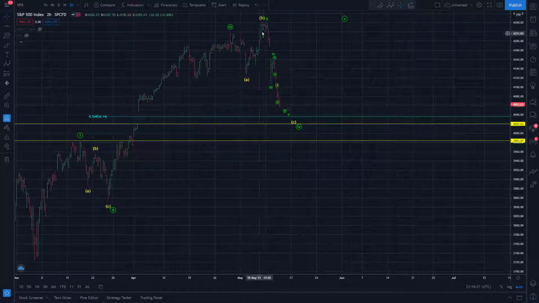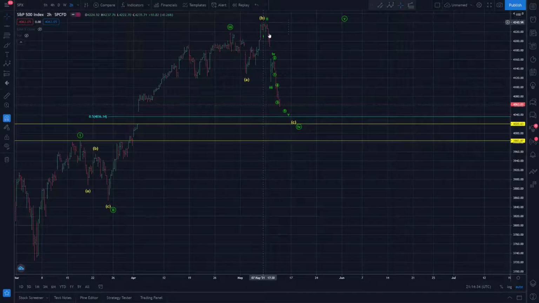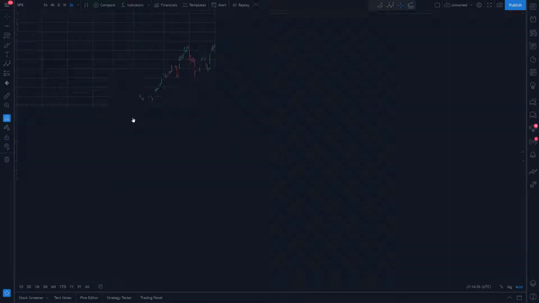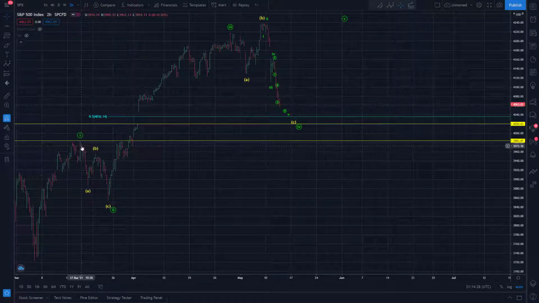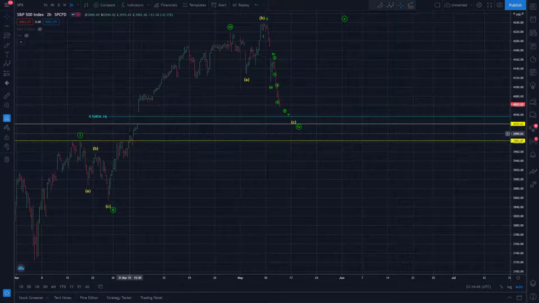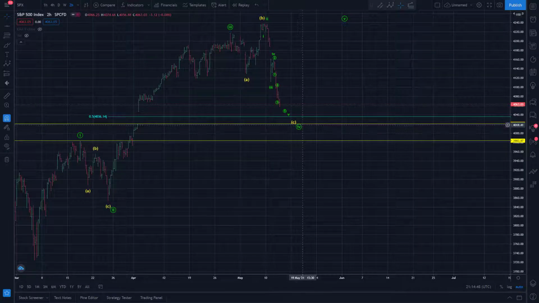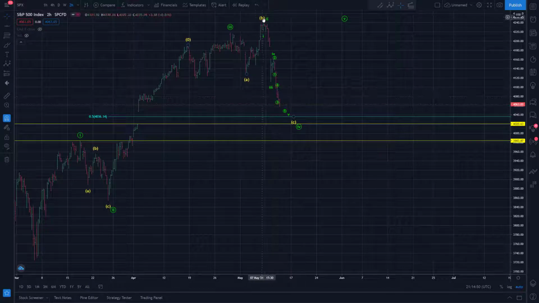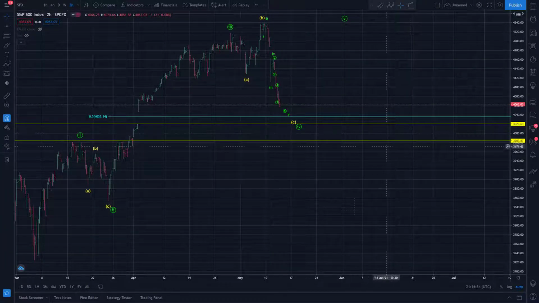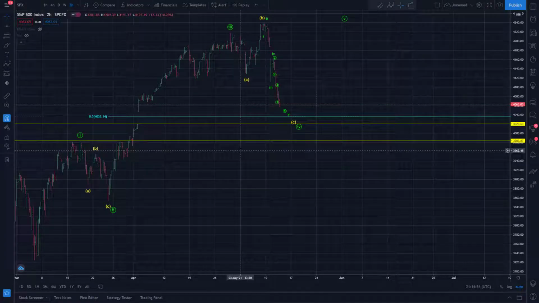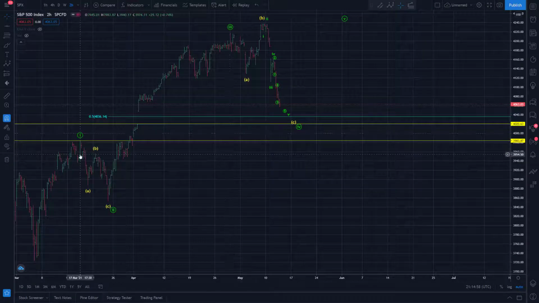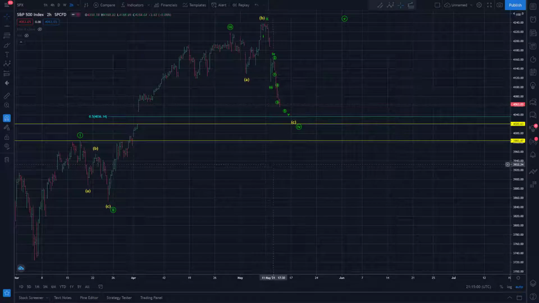I think that would still mean that we have a 5-wave move down here that we're working. And if that 5-wave move does violate that 3983.87 level, then we can no longer consider it C wave of an expanded flat. We would have to consider it as either an A wave or a 1 wave of a further developing move to the downside. Again, I'm not even going to entertain that unless we do get a 4-1 overlap. So just keep that in the back pocket for now.